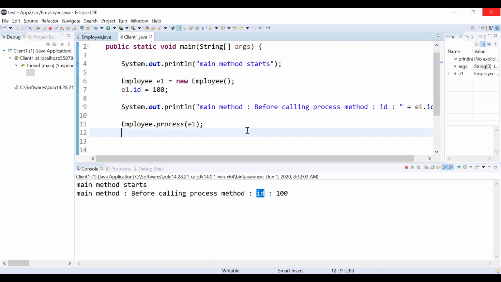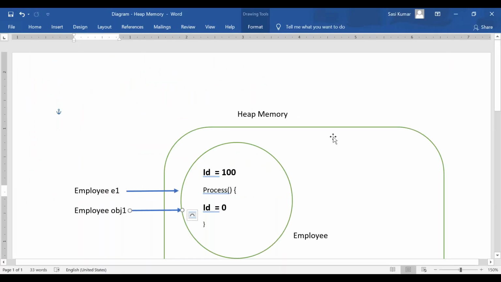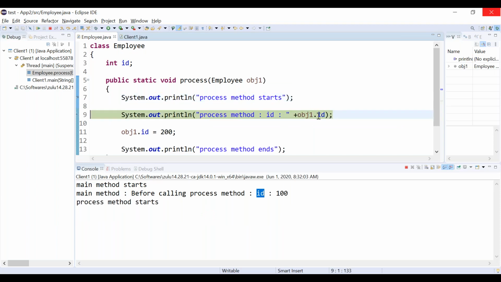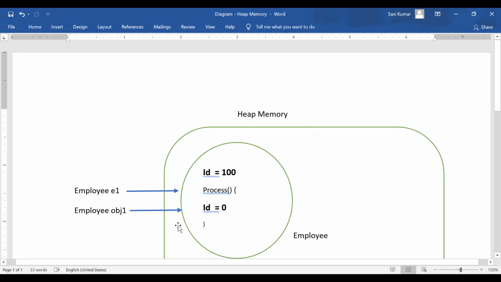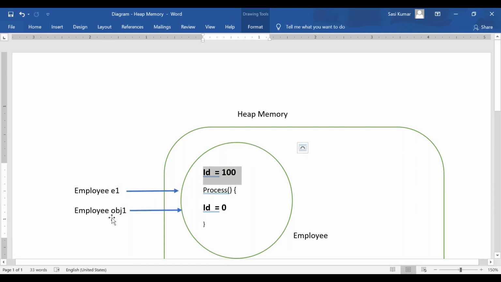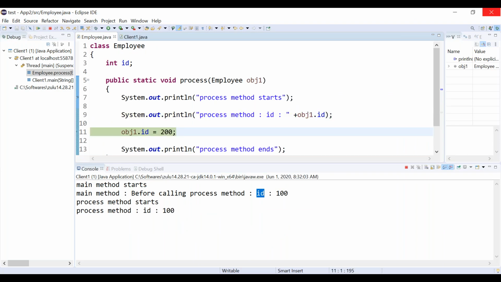Now you are calling the process method. obj1 and e1 both are pointing to the same object. You are printing obj1.id. What is obj1.id here? It will be 100, right? Through the obj1 reference you are pointing to it.